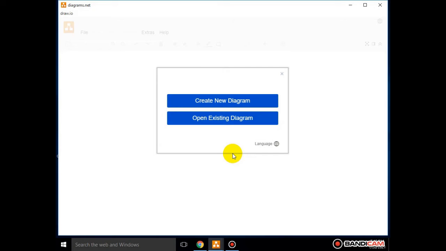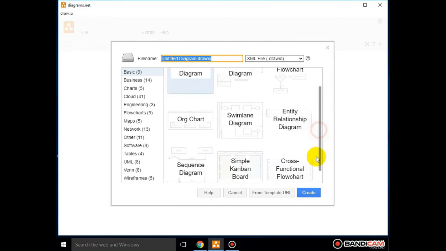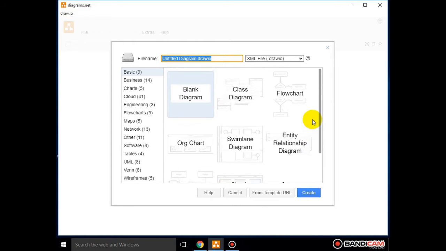You can get access to multiple features like creating flowcharts, organizational charts, entity relationship diagrams, logos, process diagrams, network diagrams, and more.